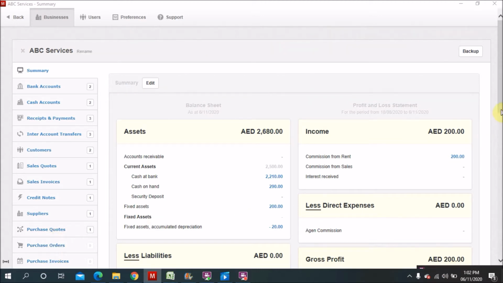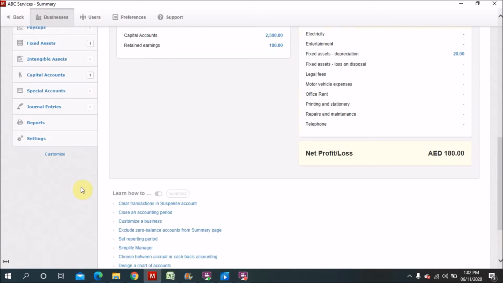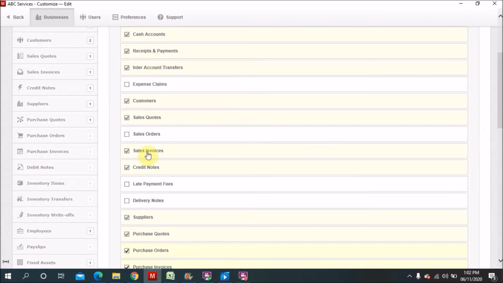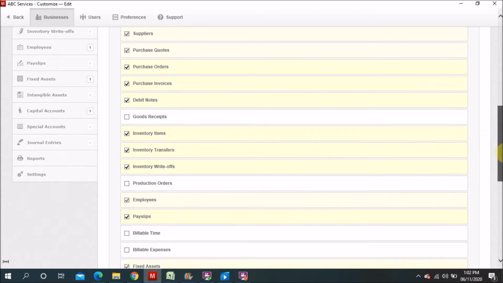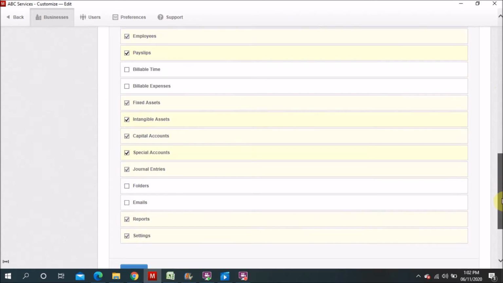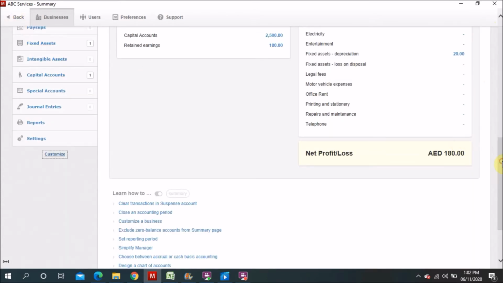For example, if you didn't find them here, when you're going to do the setting for your software, you will go ahead and customize, and you can see all the customization of all the items here, all the modules of this software. From here you can choose, and then these things you can see on your dashboard. So I already selected, so now I will go back and show you how it works.